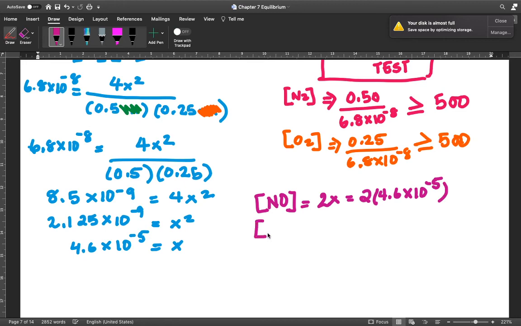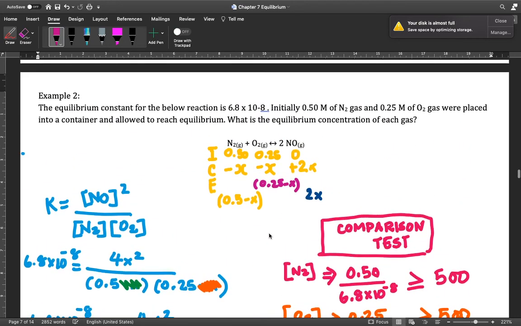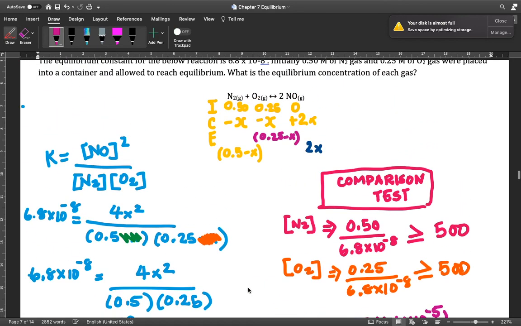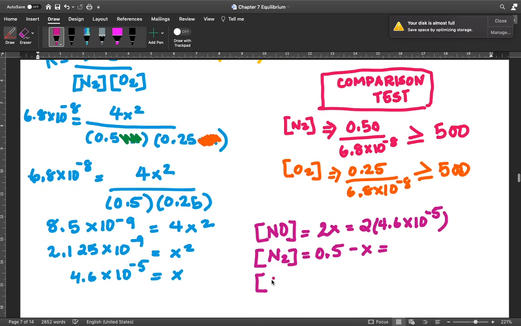And the concentration of N2 is 0.5 minus x. So N2 is equal to 0.5 minus x. And the concentration of O2 is going to be 0.25 minus x. So when I plug these into my calculator, the numbers that I'm going to end up getting are going to be